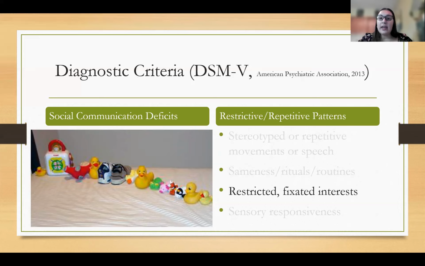And that might seem pretty typical when they're in preschool, when they're in kindergarten, but then when they're in high school, if they still have that same special interest, sometimes special interests change, sometimes they remain the same throughout a large period of someone's life. But if someone gets to high school and they have that special interest, that might be regarded as a little bit more atypical. So sometimes it's difficult to notice if someone has special interests.